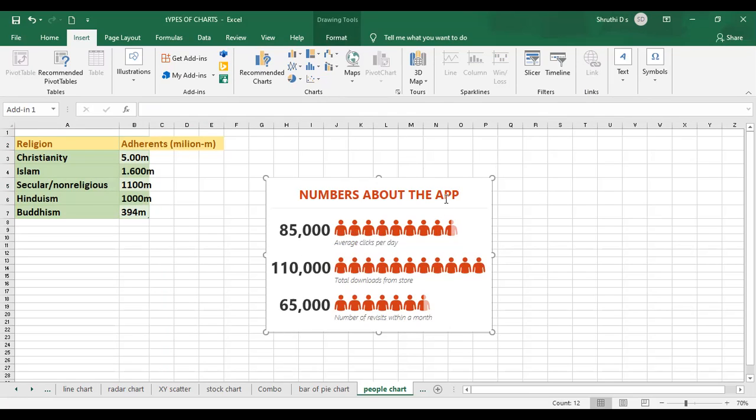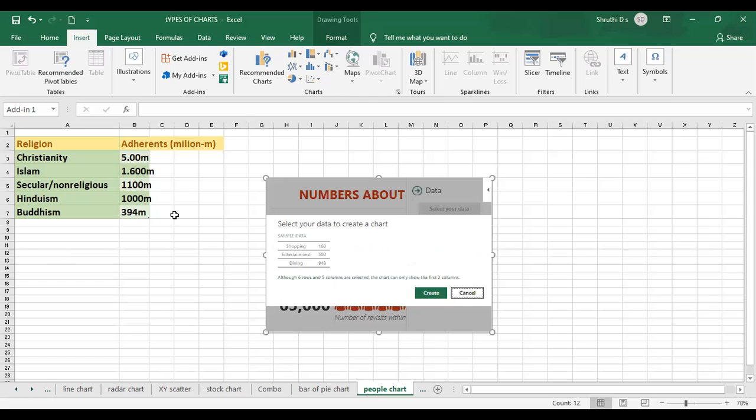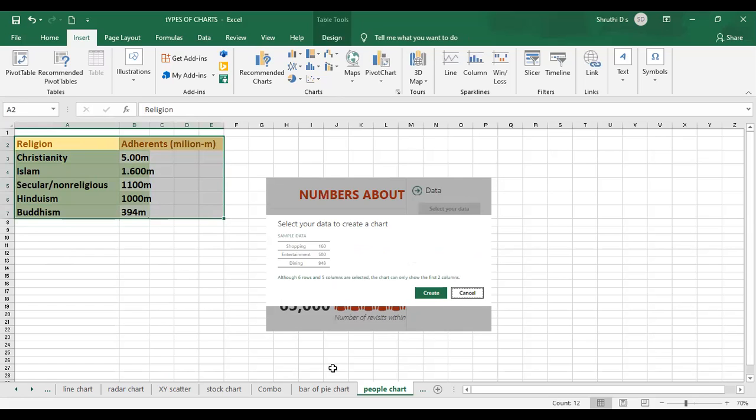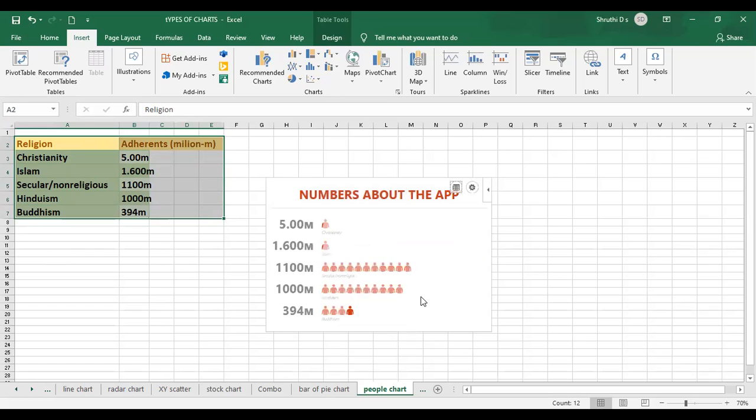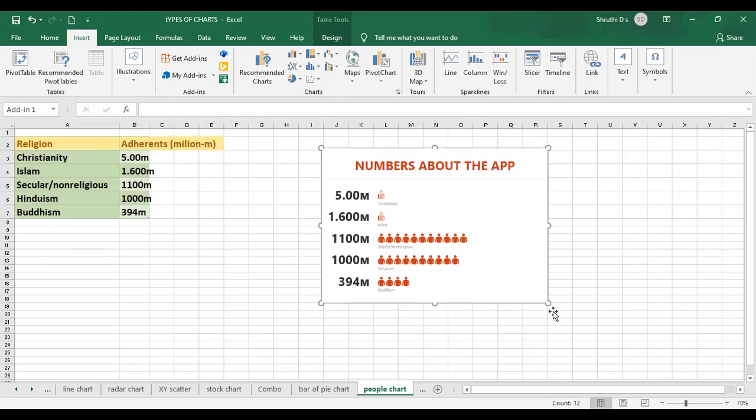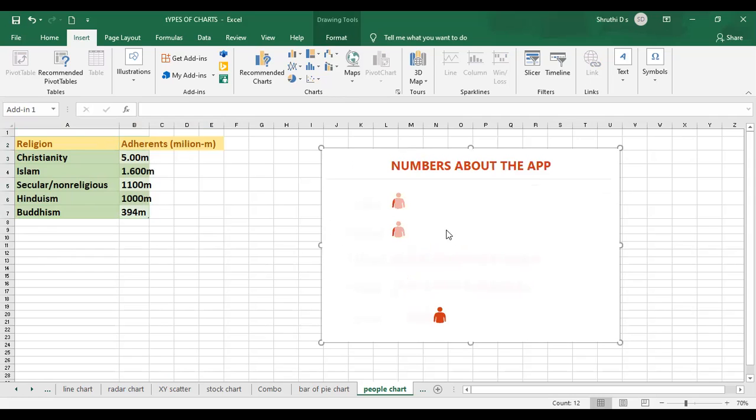So in order to give my data to that, there is an option. Once you click on this, the first option, select your data, it asks me for. Just click on that. I have already selected, but we'll select it again. So my data I have selected here. Now just click on create over here. See, it will create the chart for my data. Let me just maximize it for you.